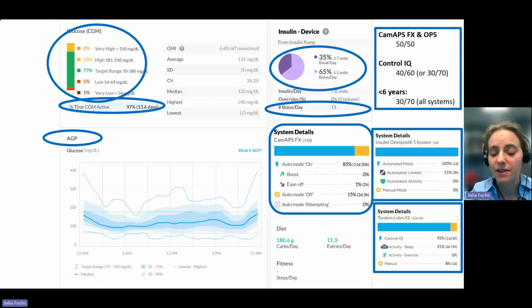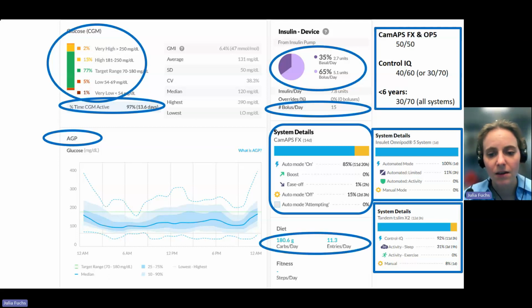And then, of course, you can also see the number of boluses they're giving a day, which will give you an idea of whether they're bolusing enough and also whether perhaps they're working quite hard like this person is. And then the last thing I look at if you've got time down here on this side is the carb entries. So again, just gauging whether the grams of carbs entered sort of match what you'd expect for that particular